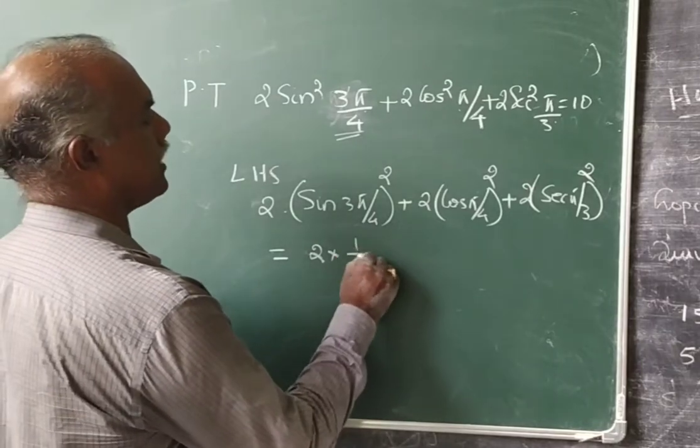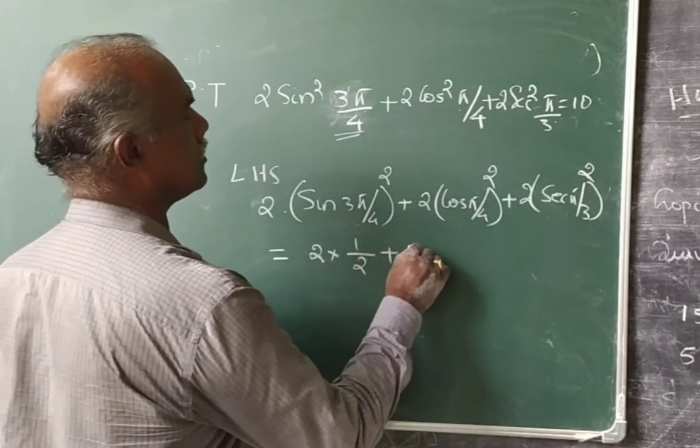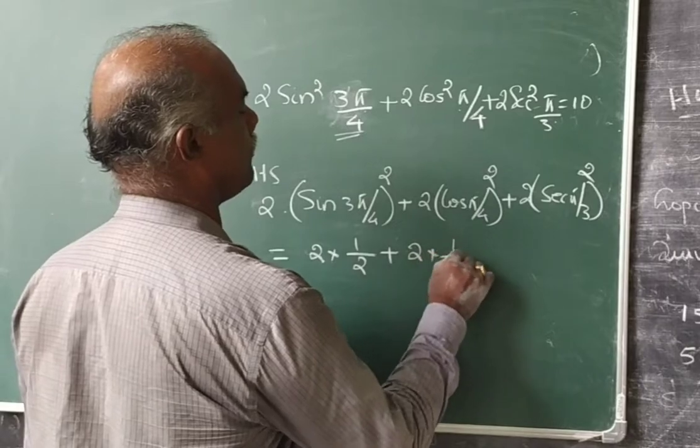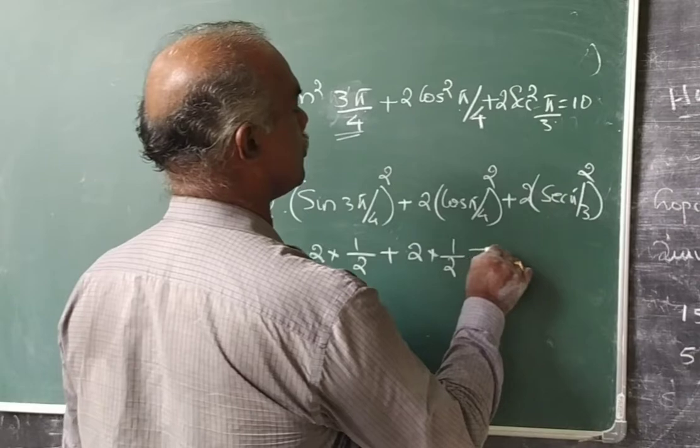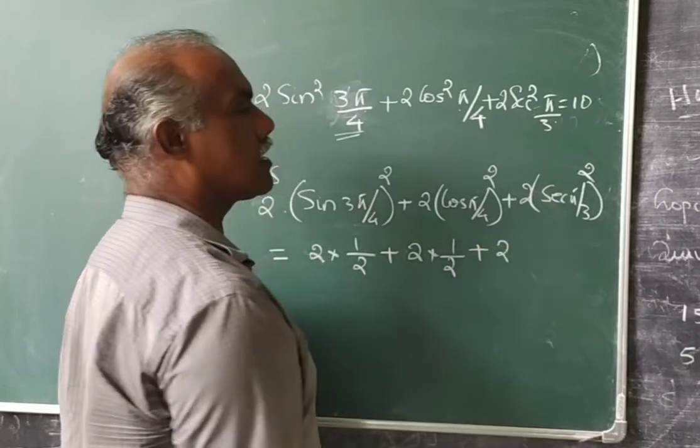Its square is 1 by 2, plus 2 into 1 by root 2 the whole square, plus 2 into sec